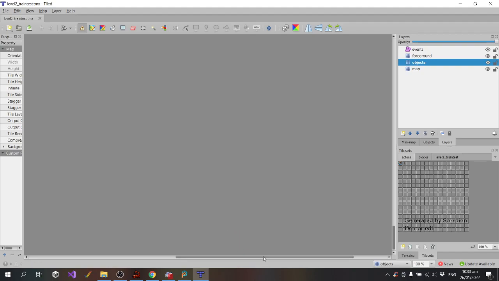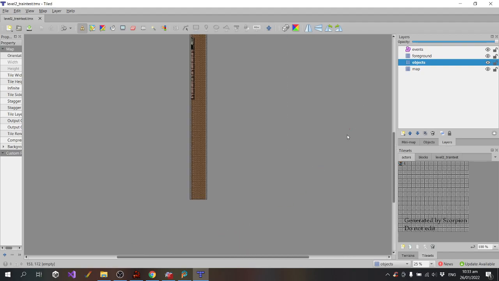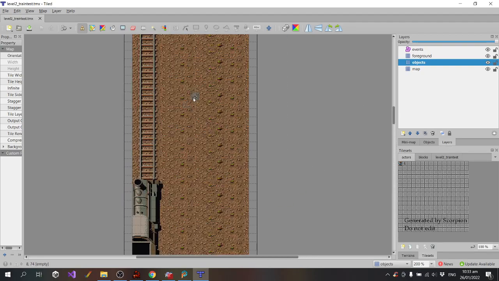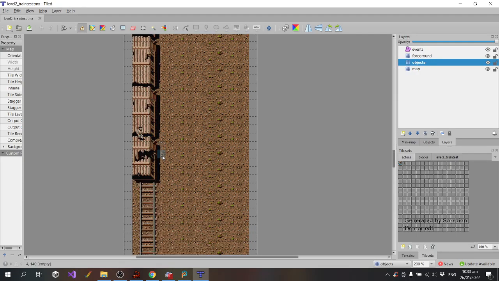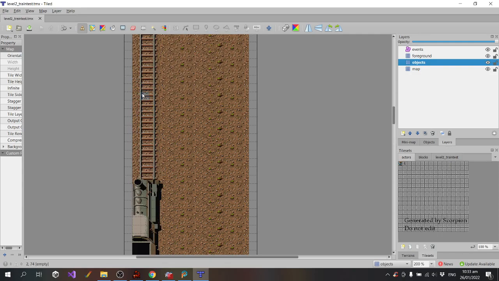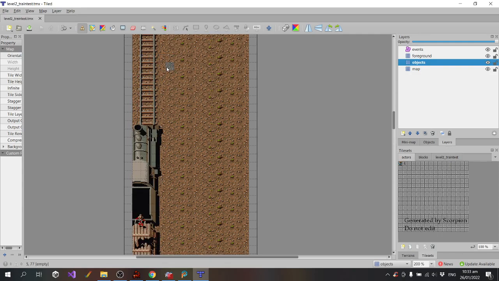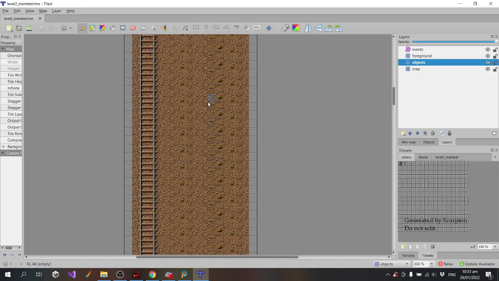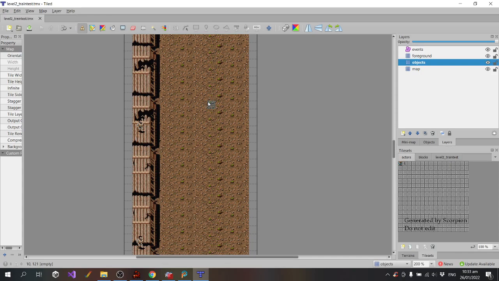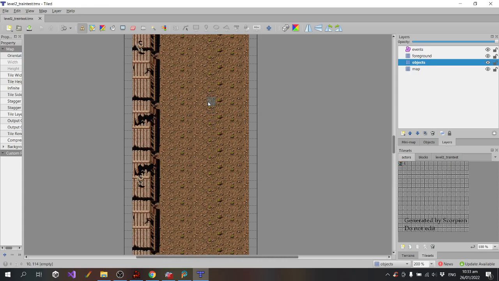That's a very simple trick that was in the original arcade game. Basically they've got an entire level that's just this train, and then they scroll down by, I think it's 32 pixels every frame. So as I'm going up and down the tiled map, you can see the effect of the train going past.